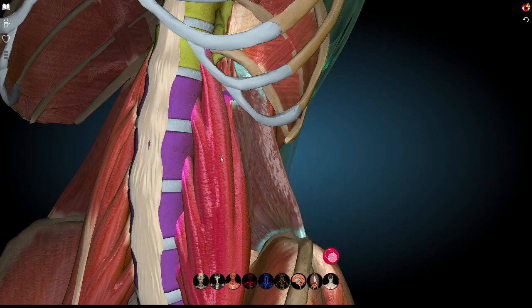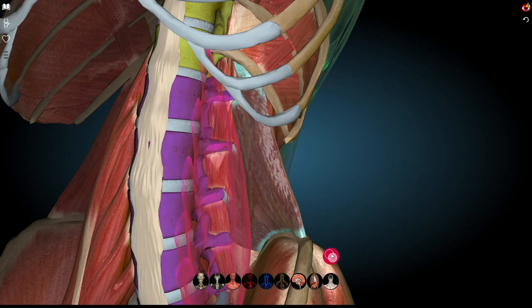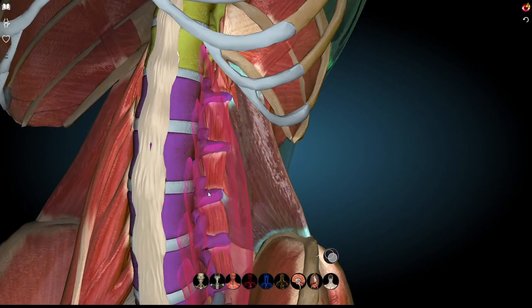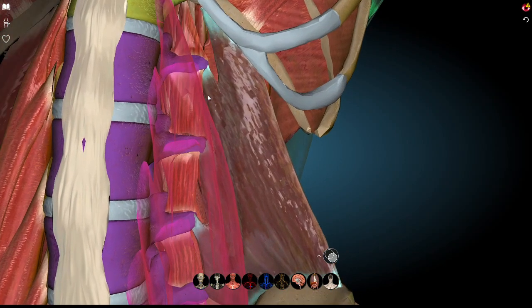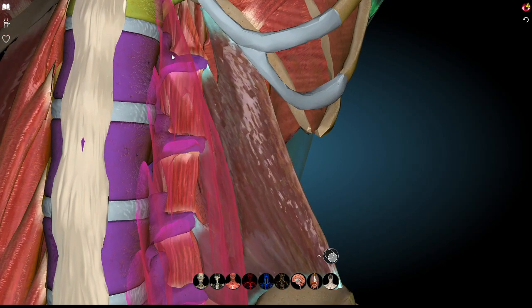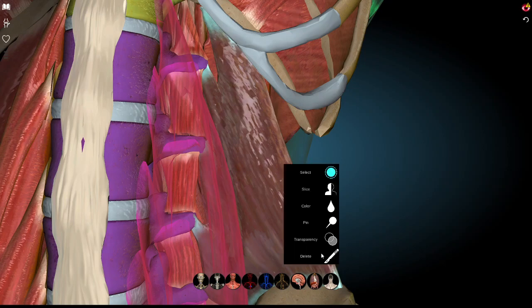transparent, right, okay. Now what we see is the body of the lumbar vertebra and the transverse process of lumbar vertebra. If I just zoom in, you can see that psoas major muscle is attached where? To the medial part of anterior surface of the lumbar vertebrae, whereas quadratus lumborum, if I give a color to quadratus lumborum, we can give it a green color,